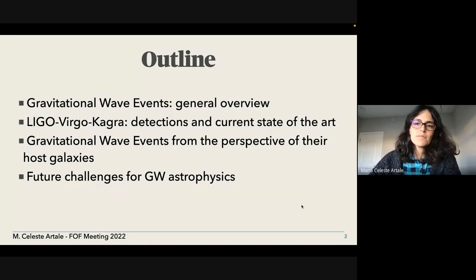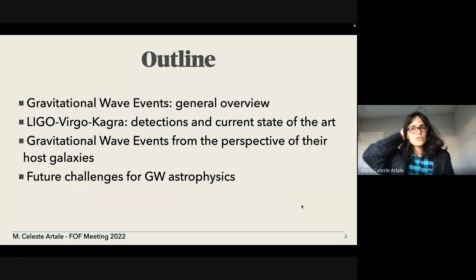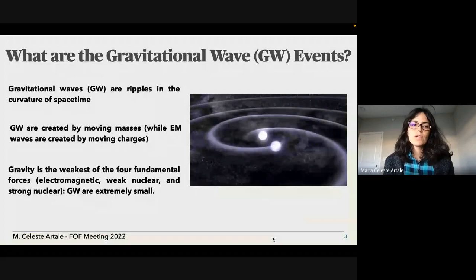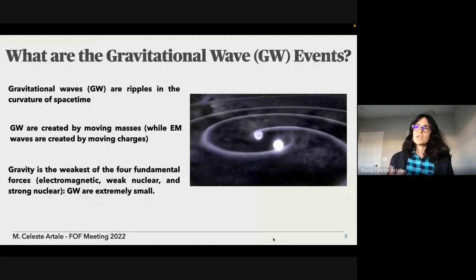So I think more or less you know what gravitational wave events are: ripples in the curvature of space-time, created by moving masses, while electromagnetic waves are created by moving charges. And as you know, gravity is the weakest of the four fundamental forces, and that's the reason the gravitational wave events are extremely small. And just about 7 years ago we were able for the first time to detect a direct gravitational wave event